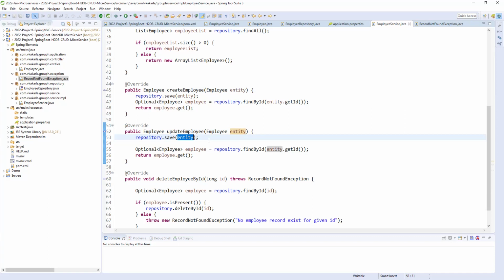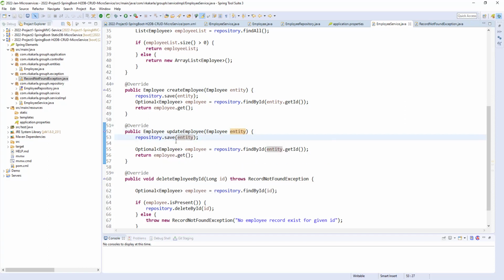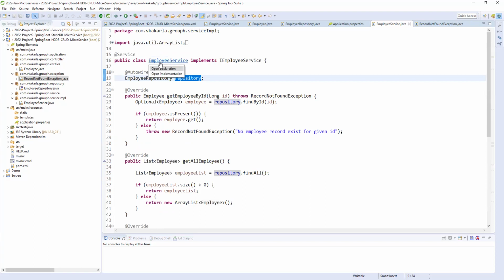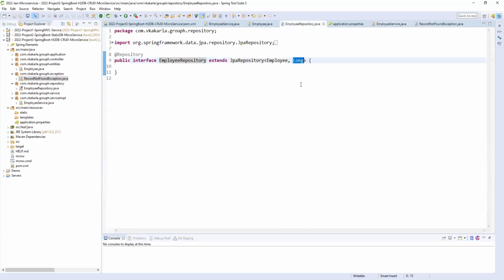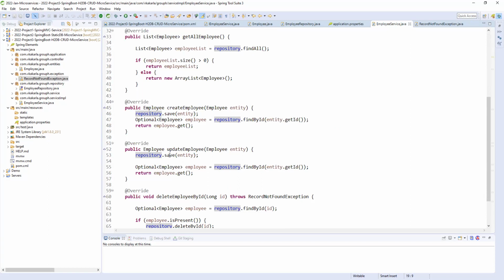It checks whether the record is existing in the database or not. If it is existing, it will update. If it is not existing, how will it check? By the primary key of the column. That is what the repository will check. If you see here, we declared the repository with the primary key. So the repository will always check whether the primary key of the column is existing in the database or not. If it is existing, it will update; if it is not existing, it will automatically save.